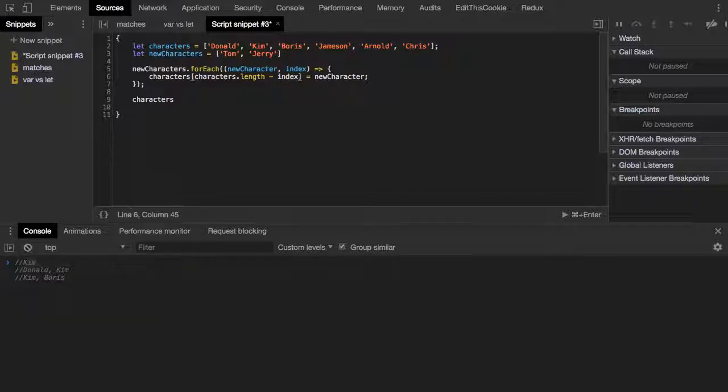Right, that's a really good example. Can anyone please tell me what this will return? At the beginning, I think we all agree: the first part, Donald, Kim, Boris, Jameson. But then what? I think it will just remove Chris, and now it's just